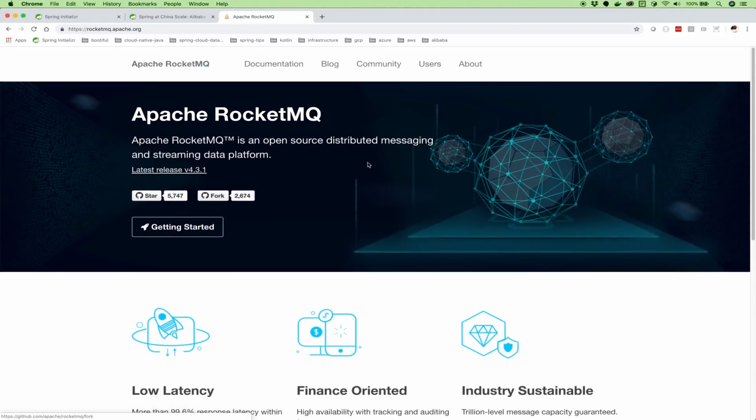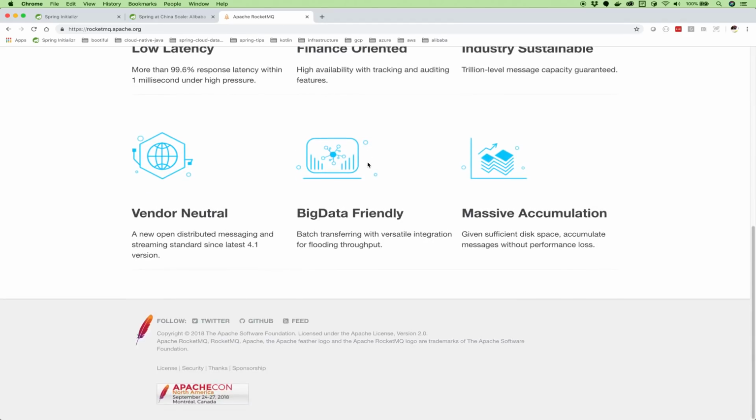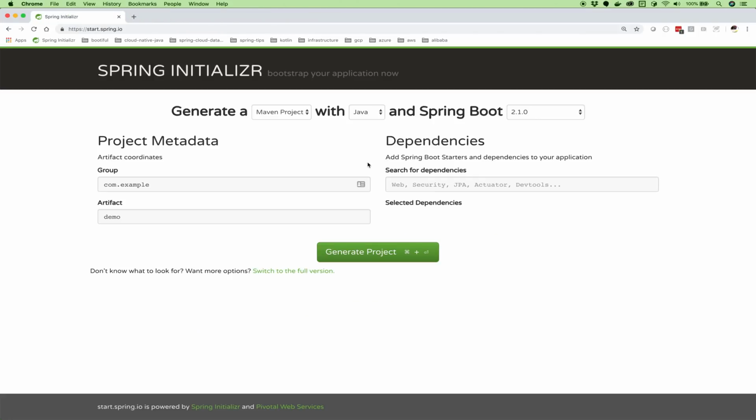And so there is, as I understand it now, work being done to make this a better supported citizen of the Spring Cloud Alibaba project, and in that vein to provide Spring integration and Spring Cloud Stream bindings and so on. But in the meantime, we will focus on these things that we can use today, namely Sentinel and Nacos. And then we'll look at Spring Cloud Alibaba Cloud, or Aliyun, right?